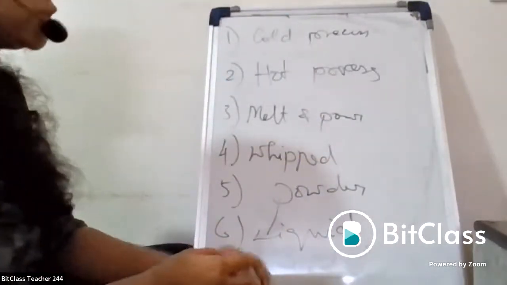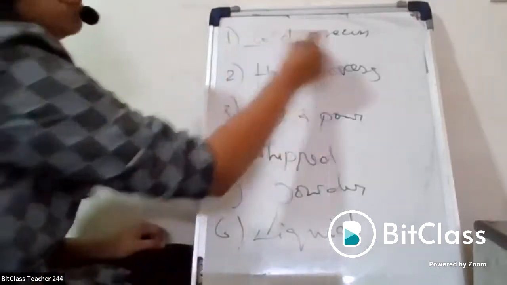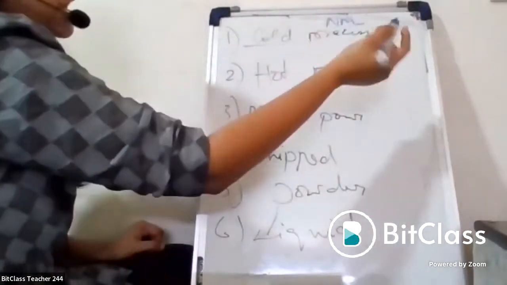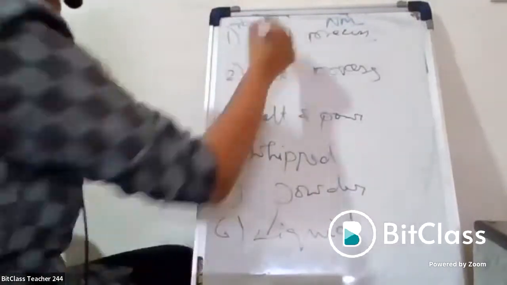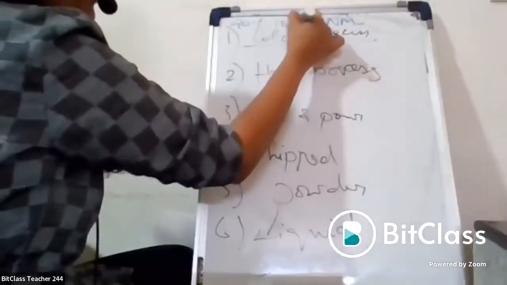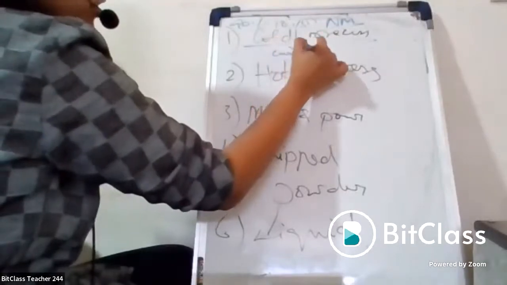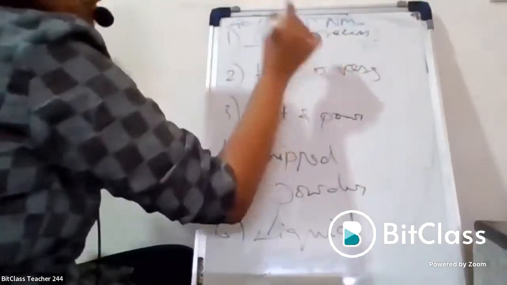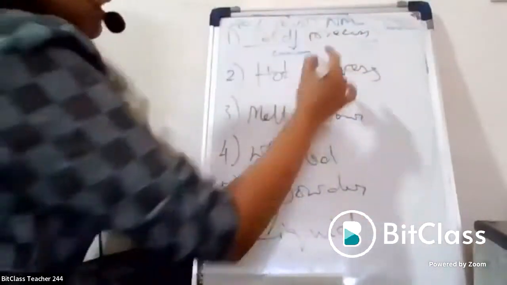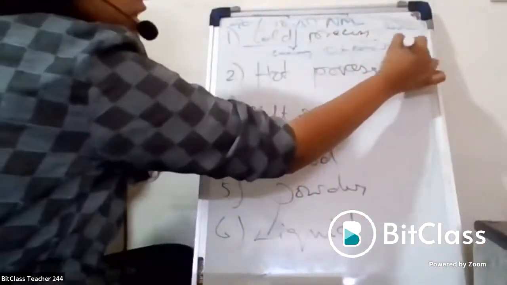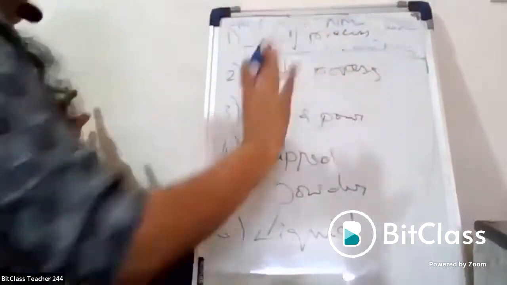So the first one, cold process method, is one of the most natural methods of soap making. About 90% of oils are used here, and only 10% NaOH, which will also evaporate through a small process called curing. This entire process takes place at normal room temperature, no heat, no extra ingredients, just oil plus base equals soap plus glycerin. This direct formula will be applied here.